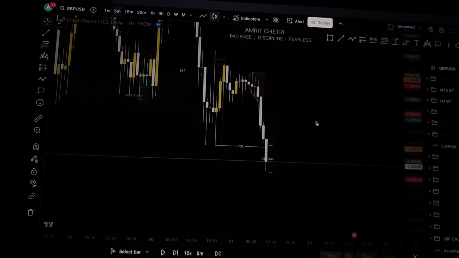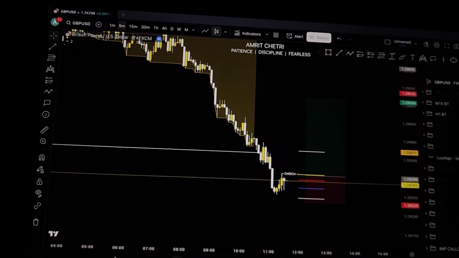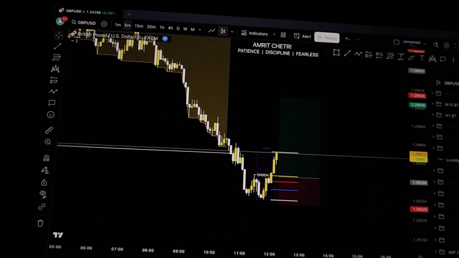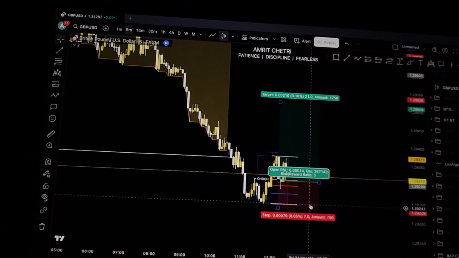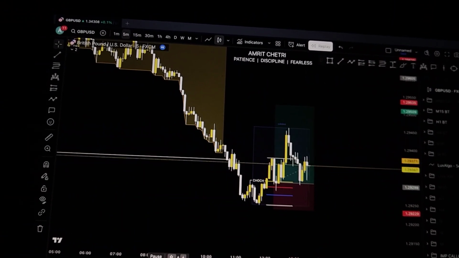So that is why this was a B, B plus setup, as you can see, because it was not with the higher time frame bias. The M5 time frame literally gave us a change of character, and I waited for the equilibrium. The equilibrium hit to the T, got a 7 pip stop loss, entered the trade, and the rest was history.